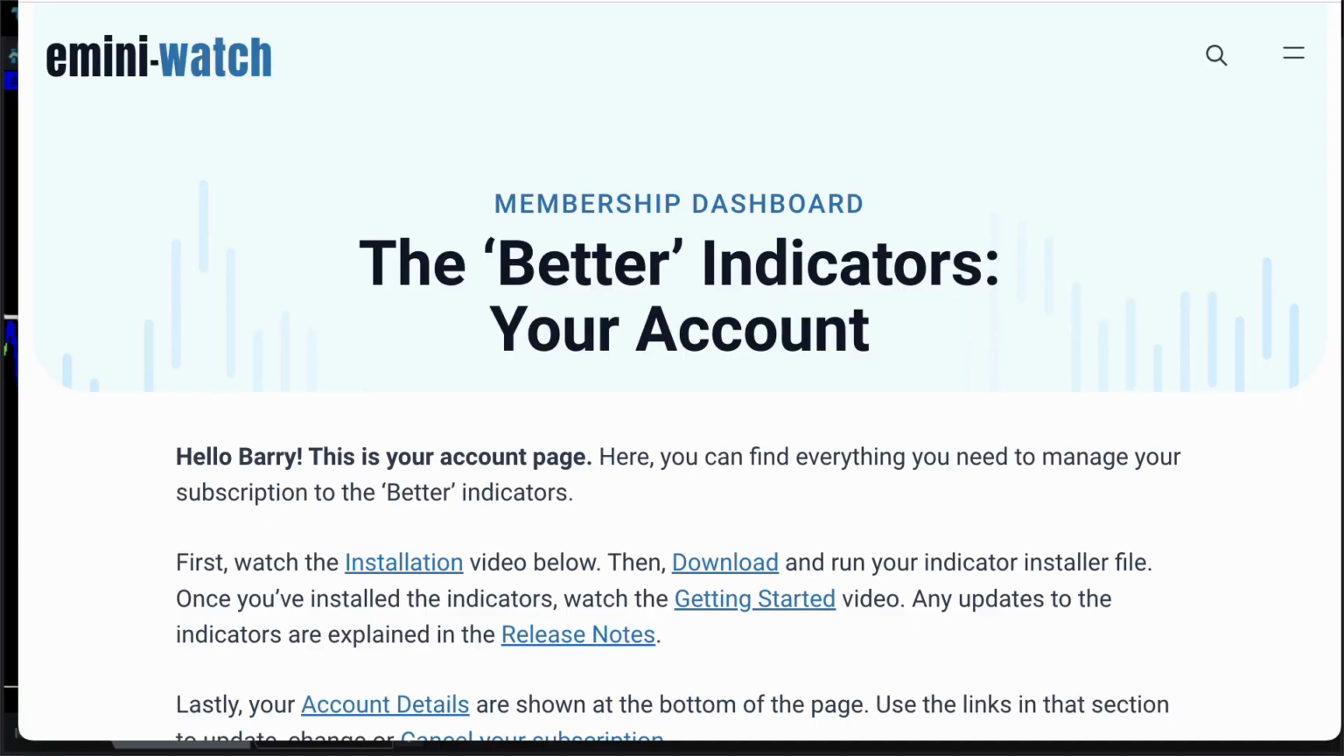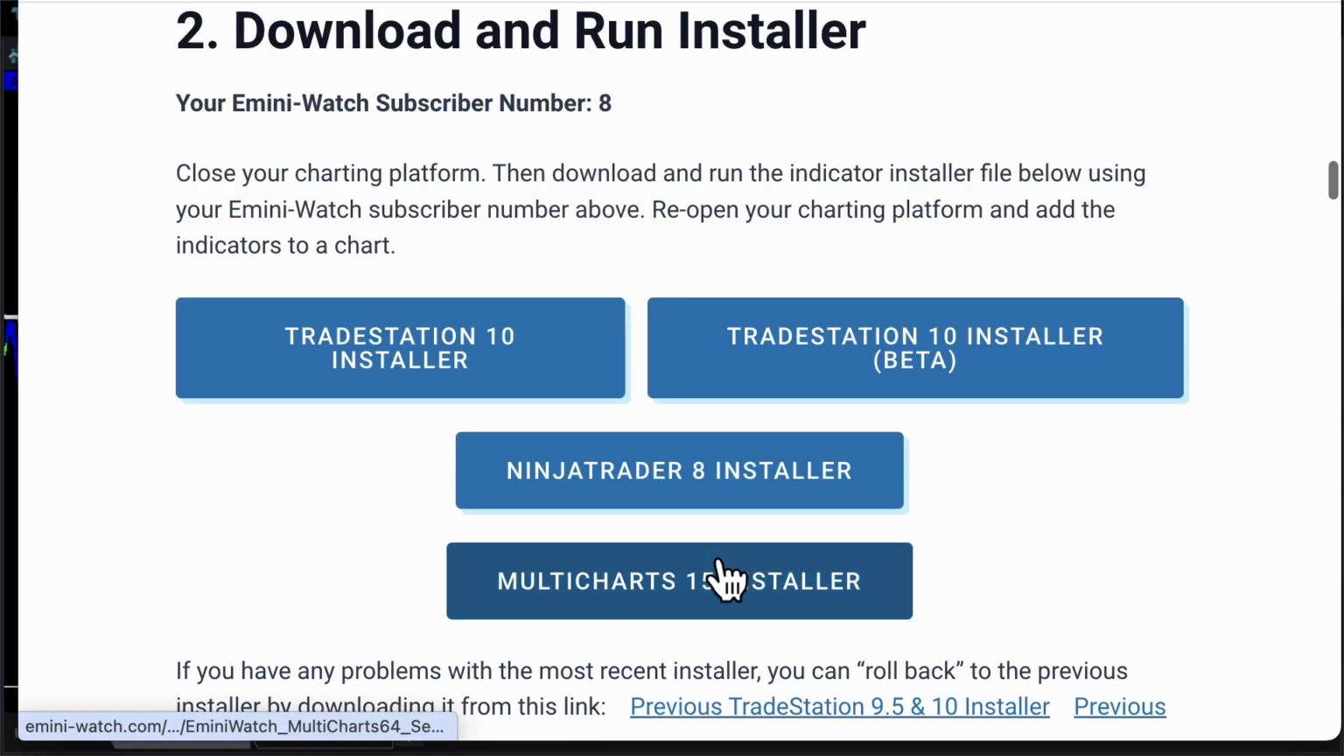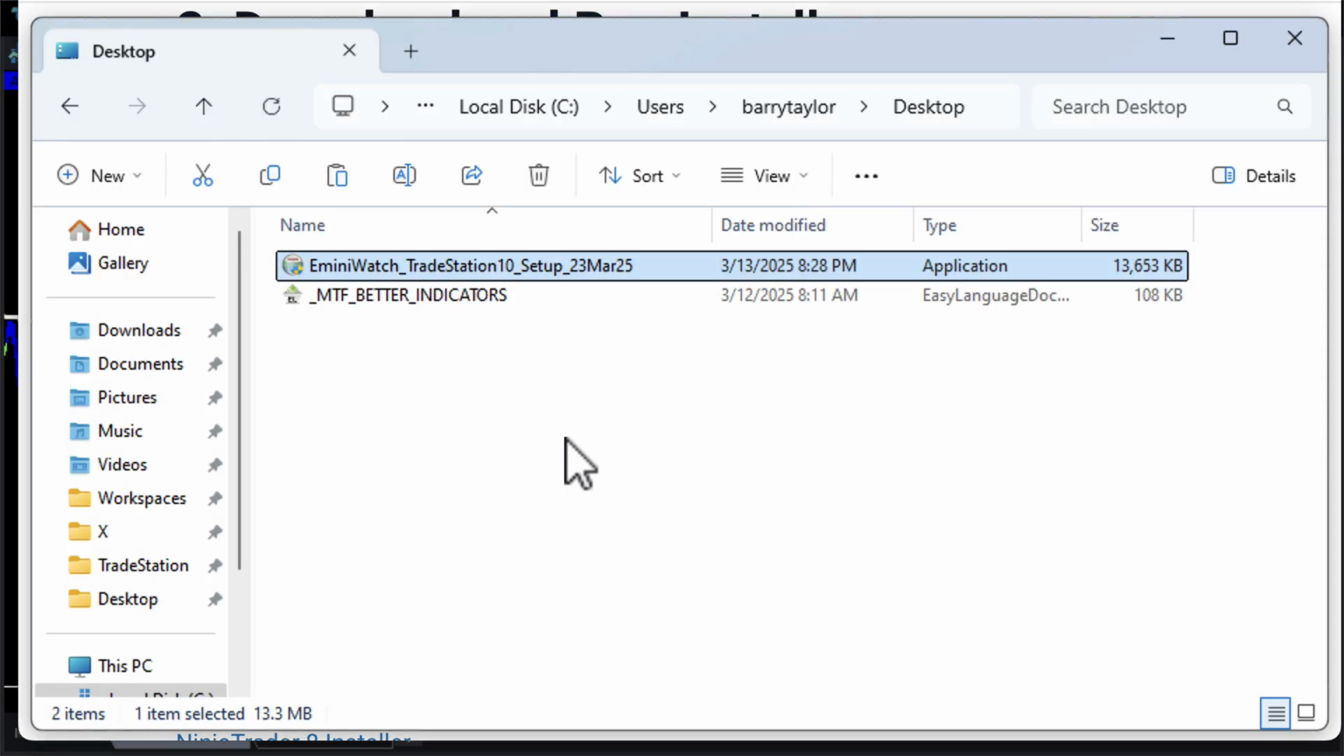You can download the installer for this add-on by going to your account page on the Emini-Watch website. Go to the download section and you'll see that there's an installer for TradeStation. We've just launched the code for TradeStation at the moment, but it'll come to NinjaTrader as soon as we've made the final improvements to the code. It's a beta version of the installer at the moment. You click on the installer and download the installation file. You need to shut down TradeStation and run the installer, and it will automatically add the new indicators to your